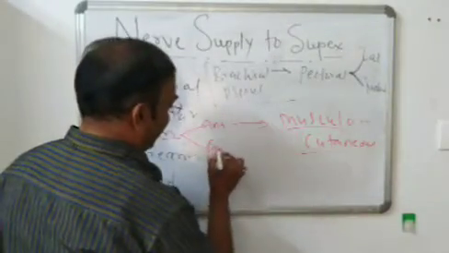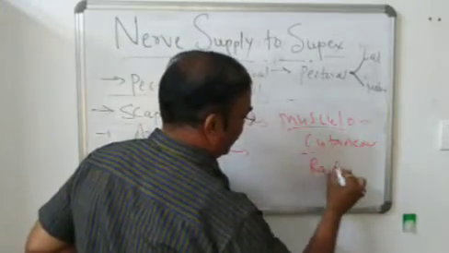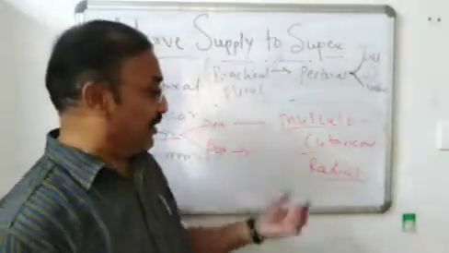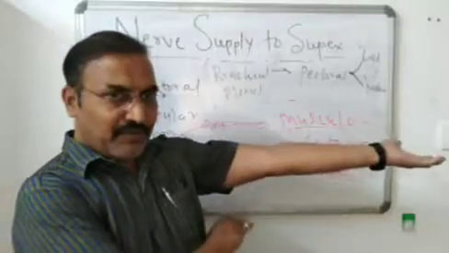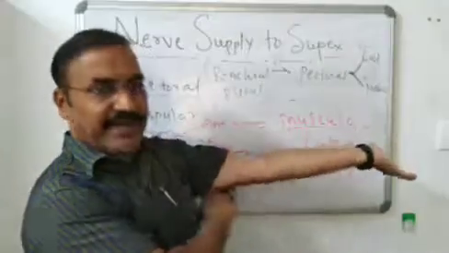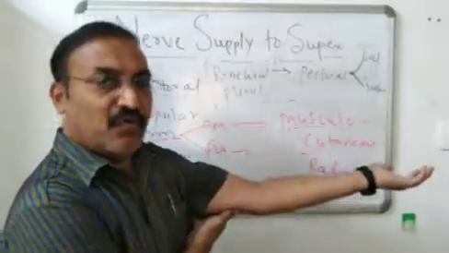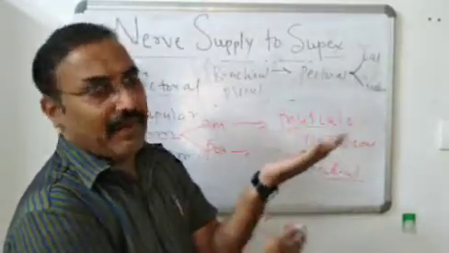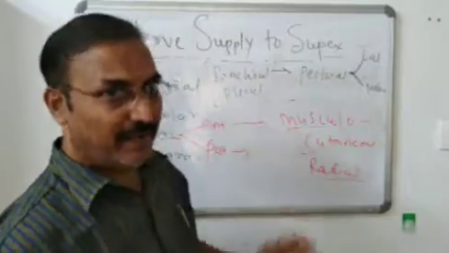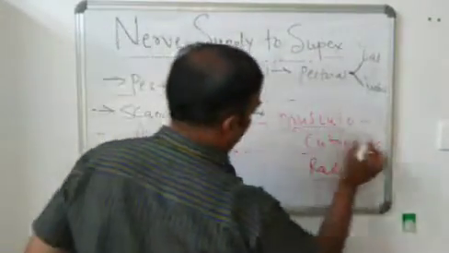In the posterior compartment, only one muscle is present, the triceps, and it is supplied by the radial nerve. Another common idea regarding the posterior or extensor compartment is its relation with the radial nerve. The posterior compartment of the arm, the posterior compartment of the forearm, as well as the posterior portion of the hand, are all supplied by the radial nerve. Whatever muscle is present in the posterior compartment of the arm or forearm, and whatever structure is present in the dorsum of the hand, all are supplied by the radial nerve. Again, the radial nerve is a branch of the brachial plexus. Then the anterior compartment of the arm is supplied by the musculocutaneous nerve.